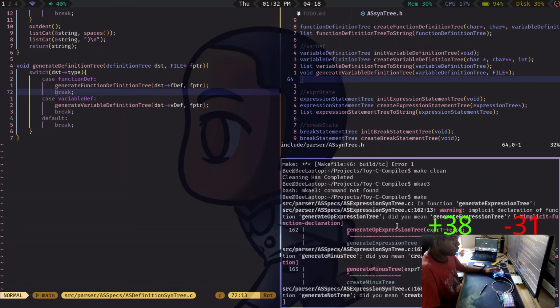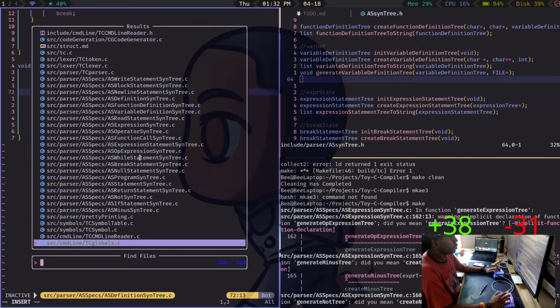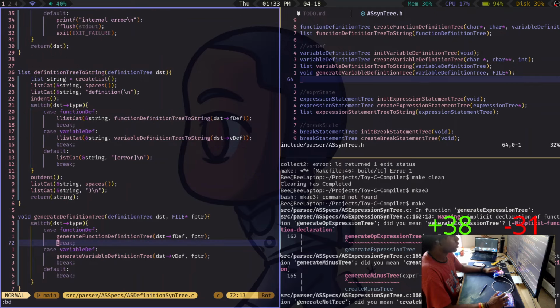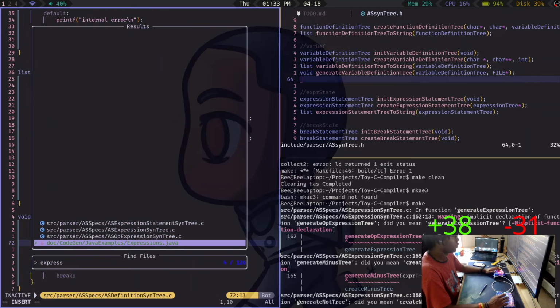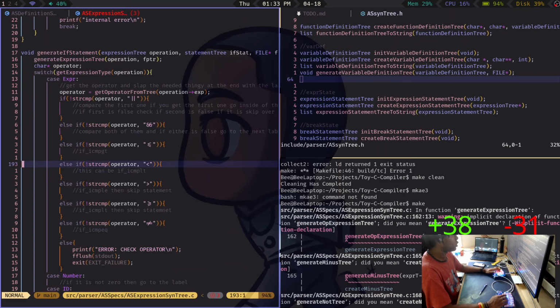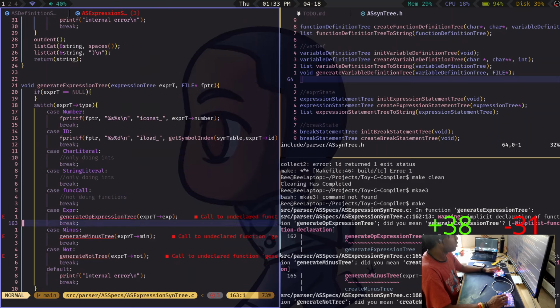Generate op expression tree. This doesn't exist yet. Expression. Oops, not that. Right, because a lot of this won't exist yet. Oh, this is what I was working on. Nothing much.